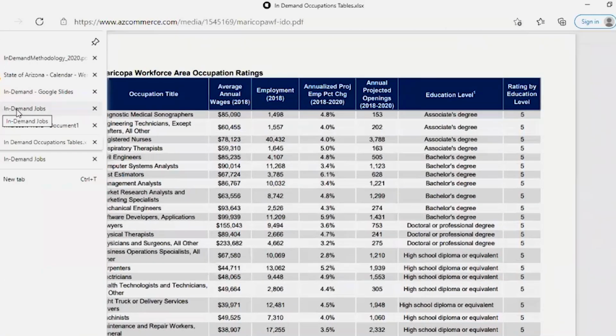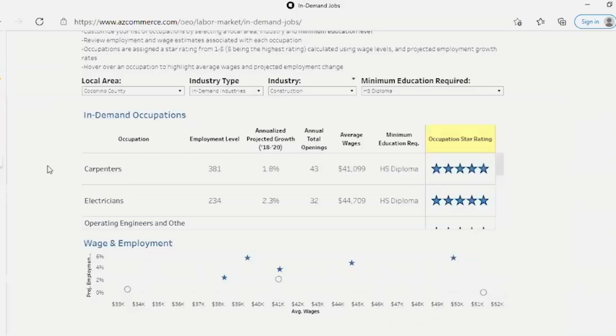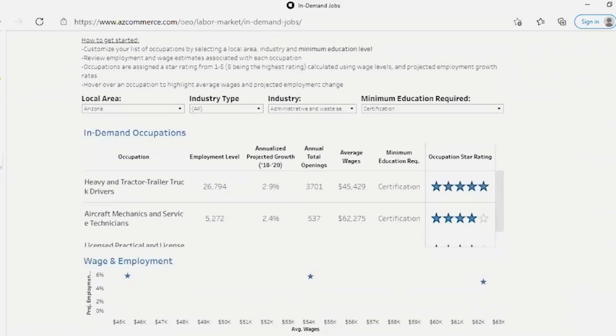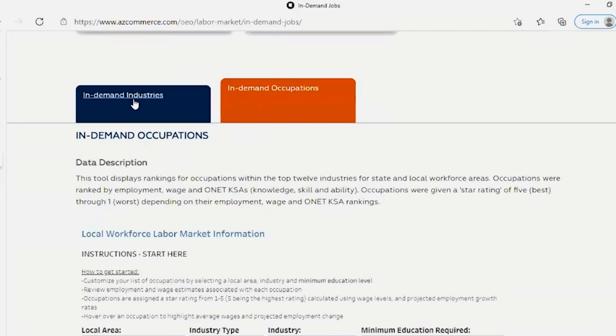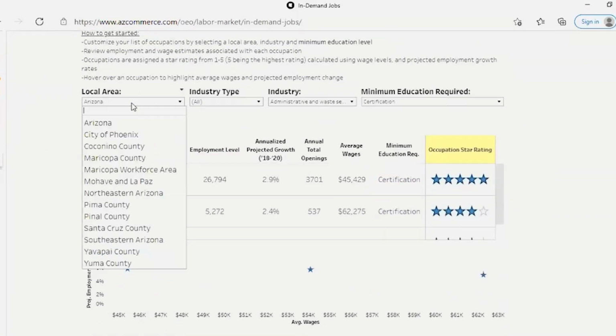And again, in the spirit of in-demand, focusing finite resources, we also have our in-demand occupations tool, which I think is my favorite that we have on our website. This is on that same web page. If you click over from in-demand industries to in-demand occupations, we have the drop down for Arizona and then all of the local areas as well. So say you are in, let's do Pima County,